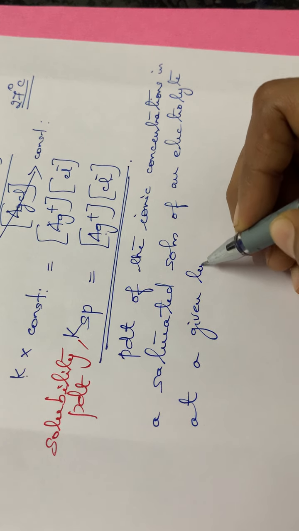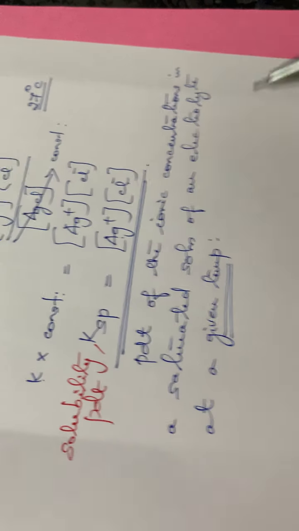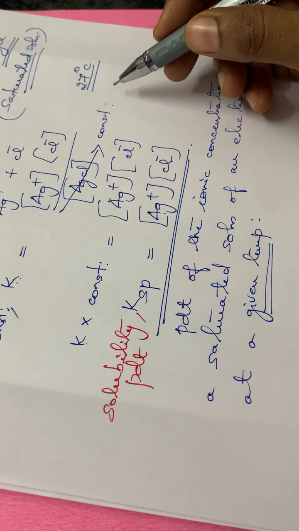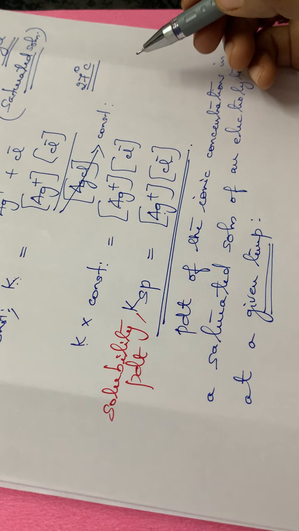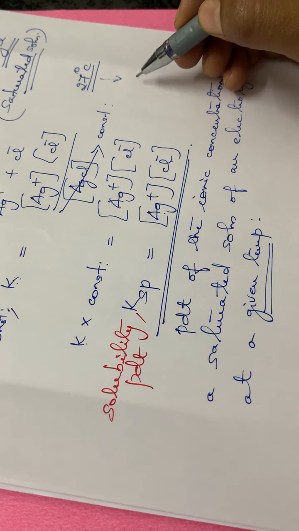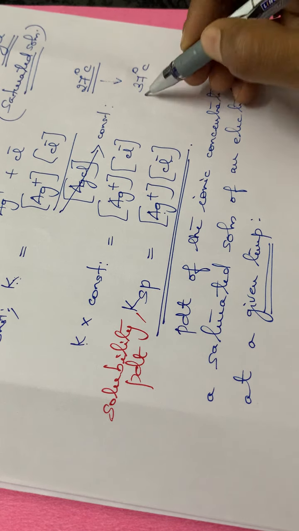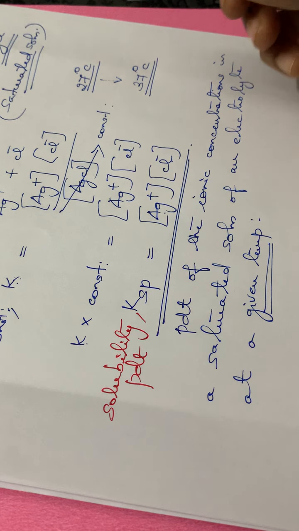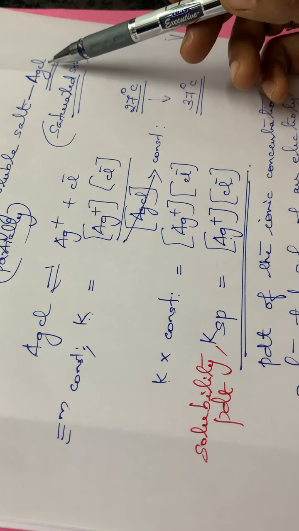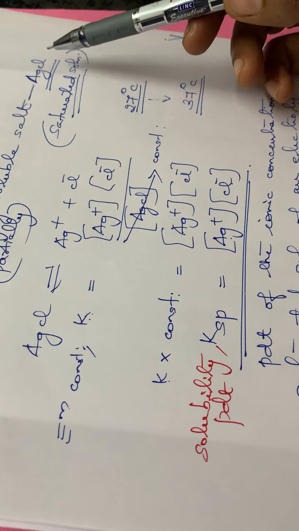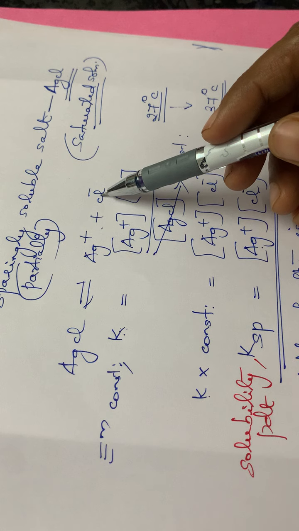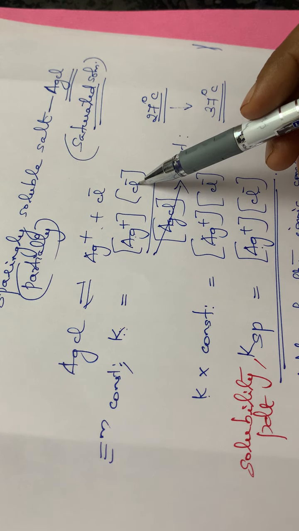Here you have to mention the temperature. It is very, very important, because suppose we are increasing the temperature, what happens to the solubility? That particular salt will dissolve much more in that particular solvent, isn't it? If we increase the temperature, say to 37 degrees Celsius, what happens? The solubility of AgCl increases, or more AgCl will dissolve in water, isn't it? So there we will have another solubility product. That means the values will be changing, that is, more ions will be dissociated, and therefore this value will be increasing, isn't it?